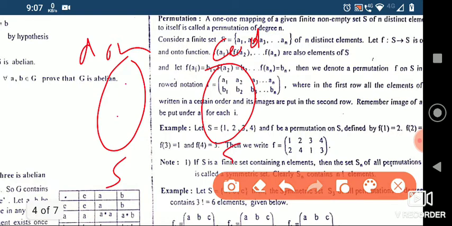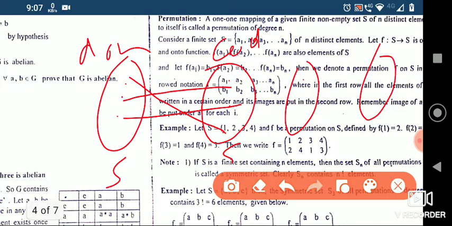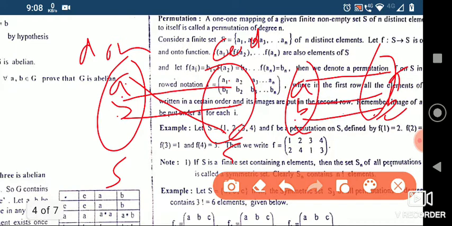So if you have 3 points here, then there should be 3 points only here, but it can take crossly, this can happen. If it takes directly, it is called 1-1, identity. If it takes a to a, b to b, c to c, it is called identity. If it takes a to c, b to a, c to c, these are some different permutations. We'll check how many combinations we have.